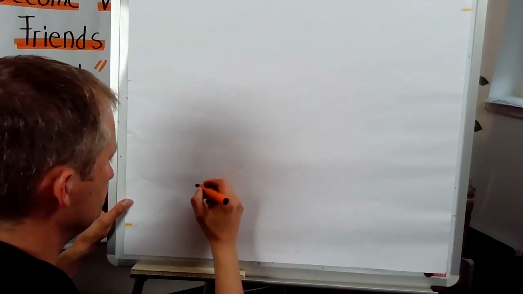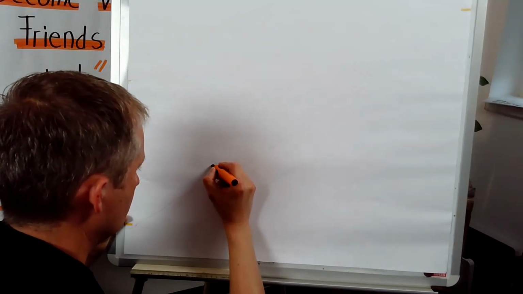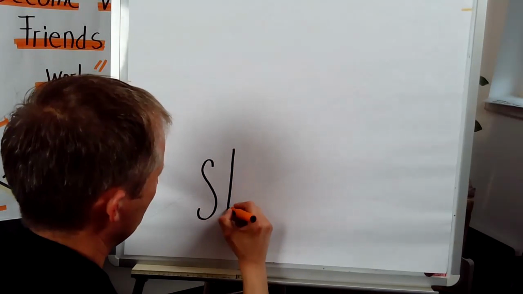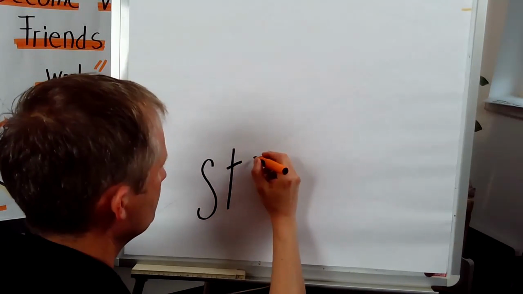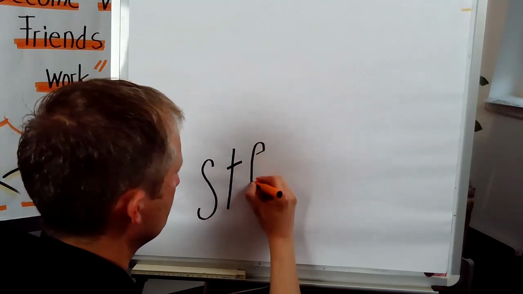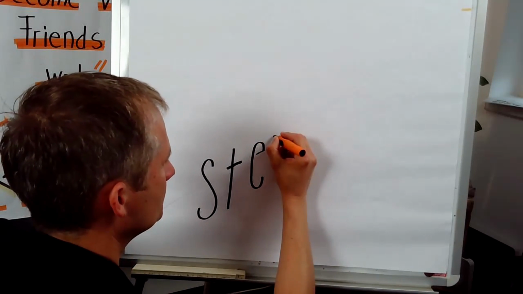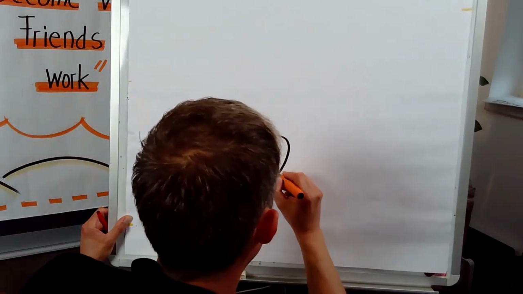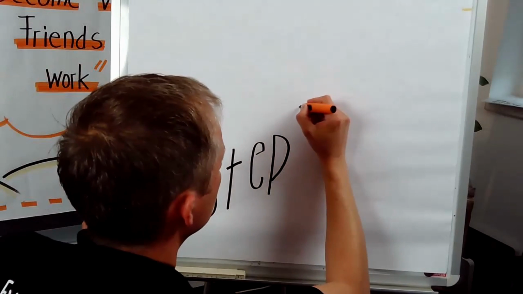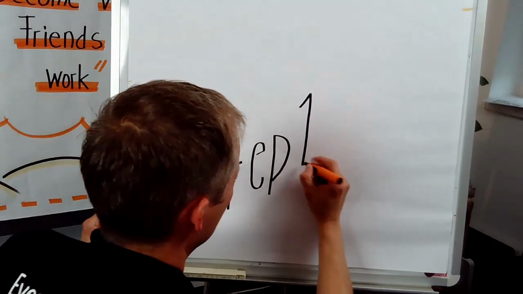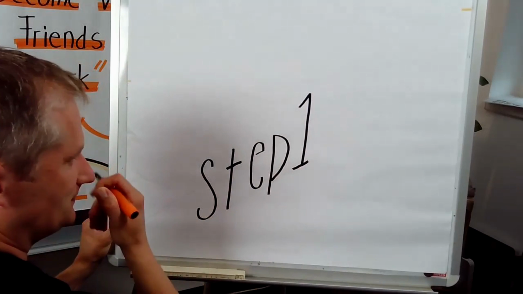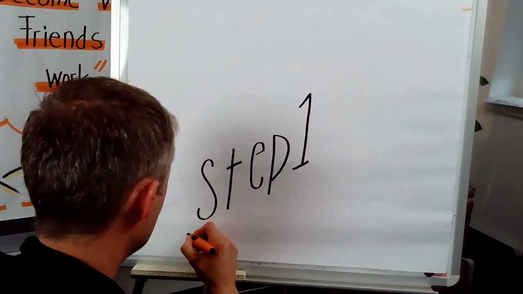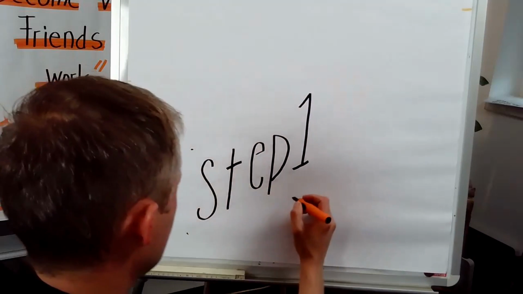Let me show you what I mean. So you see here step 1, and it's quite a big arrow, and we put white space dots around again